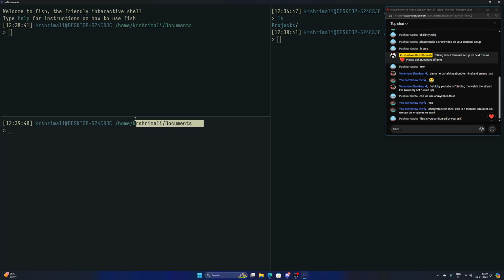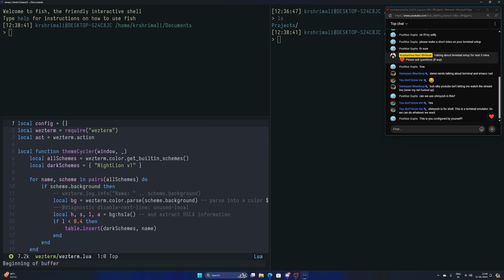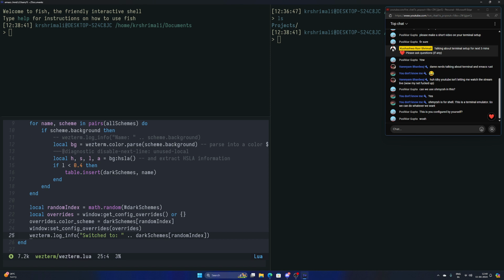And you can all set it up, and this is you configured by yourself. Yes. I mean, again, as I said, I went through the documentation, this theme cycler and all, that's done by me. Only small things, I believe that only this part was the trickier part. I remember checking this on Stack Overflow somewhere, but I kind of just modified this for my own choice,